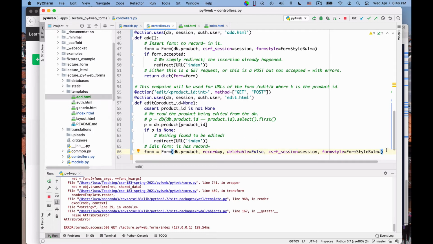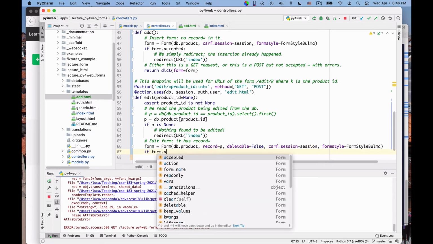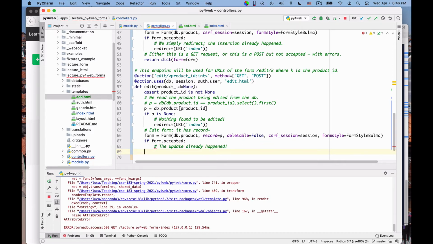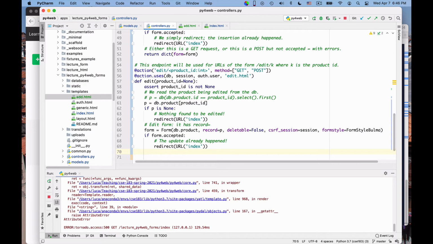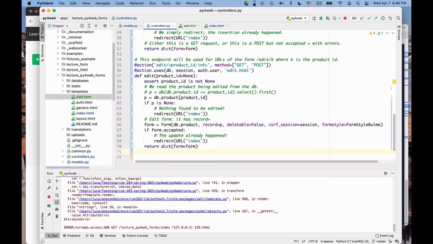And again, just as before, semi-magically I can say if a form is accepted, okay, the update already happened. And so I can simply do redirect to the URL of index. Okay? And otherwise I return a dictionary with the form. So that's all it takes.